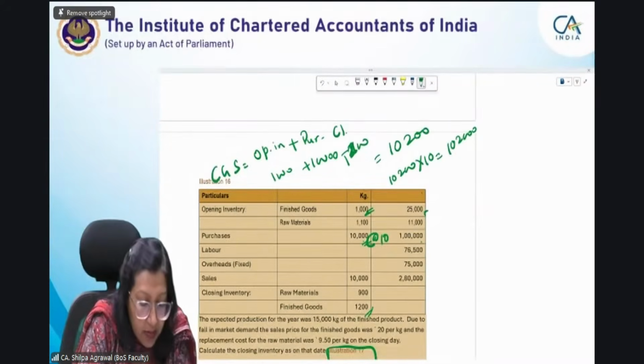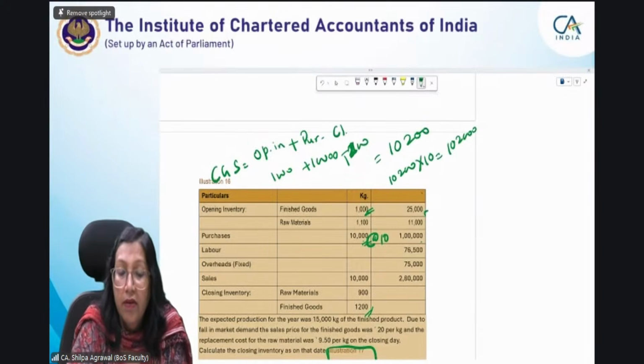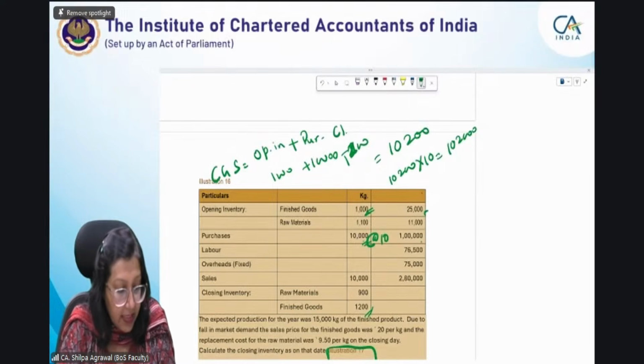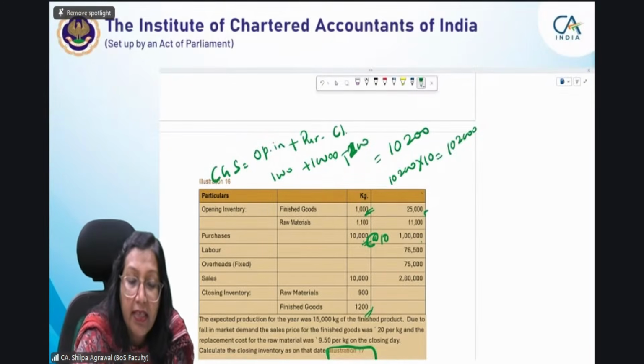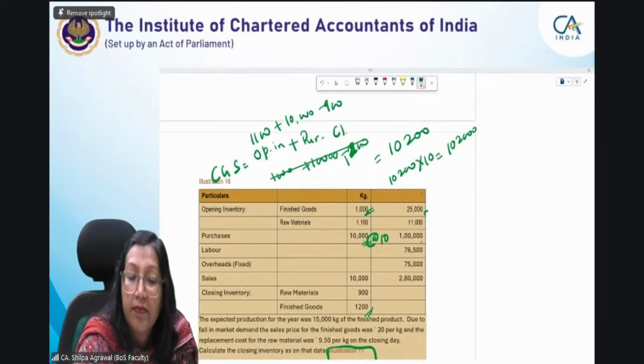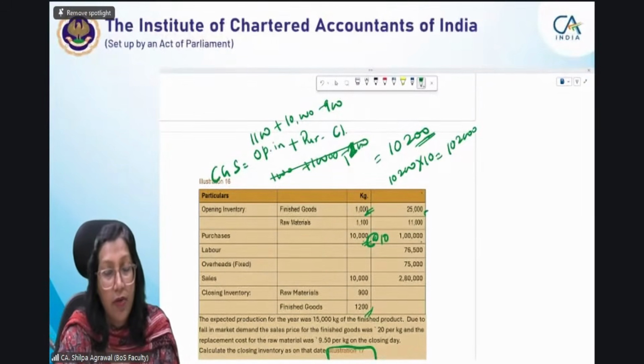Agreed. So here we are having only 10,000 and there will be reducing. Still it is not coming like that. We have finished goods also, but we have to add. Opening raw material is 1,100, and closing inventory is 900. So then 10,200 is 10,000 plus 1,100 minus 900. Yes, now it will come as 10,200. Thanks for the correction, students. It is 10,000 of the raw material which we are going to use for manufacturing.